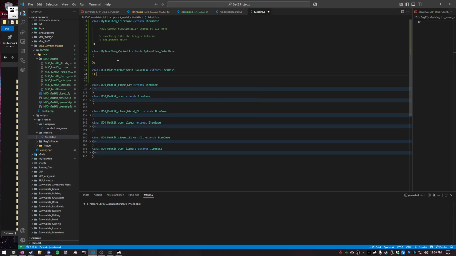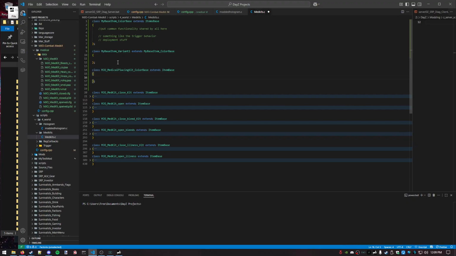Okay. And this class would be a parent to all the kits for the medical items of this mod. So basically anything that's going to be a placeable kit, I would essentially inherit and extend this mod. And so when I look at kits here, I see